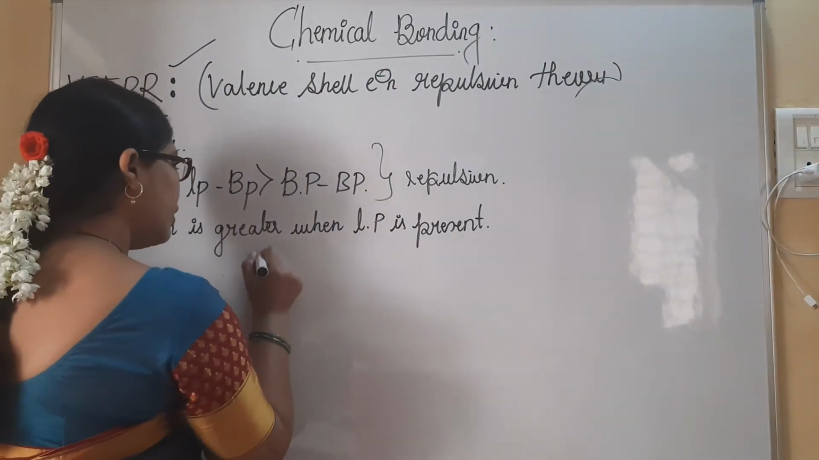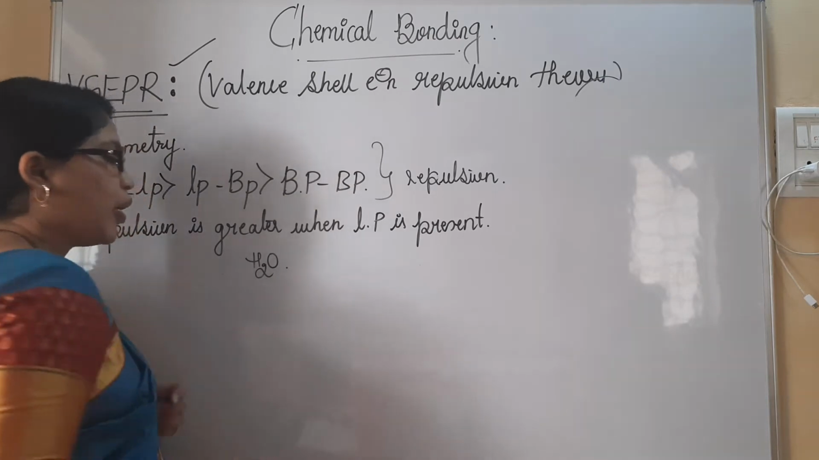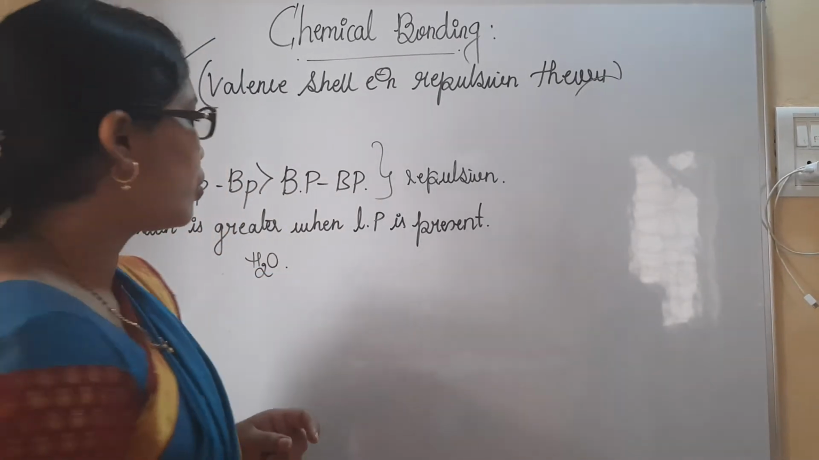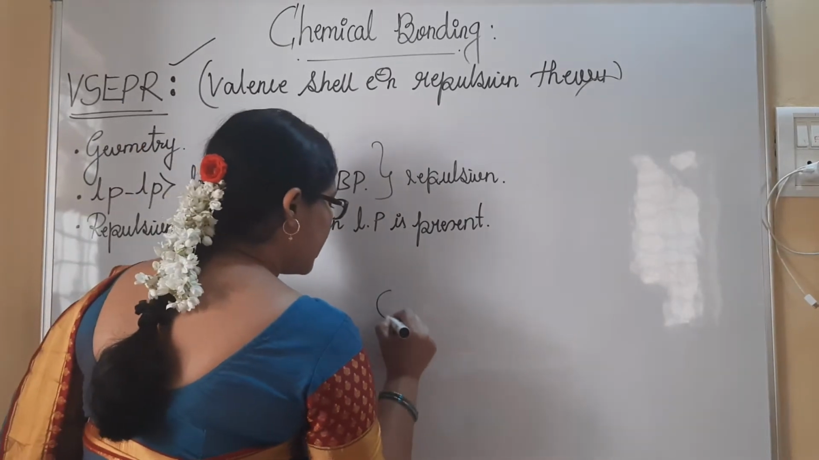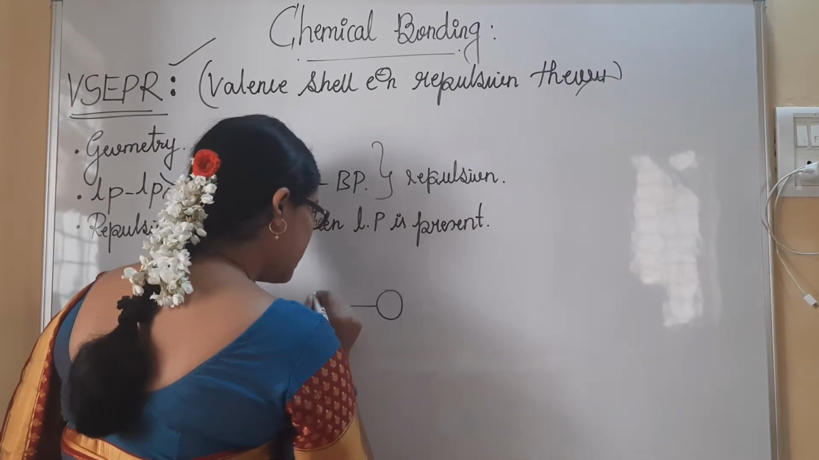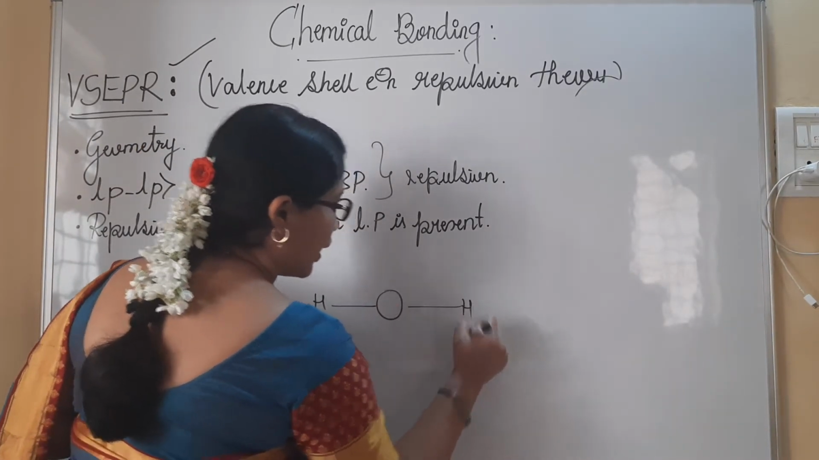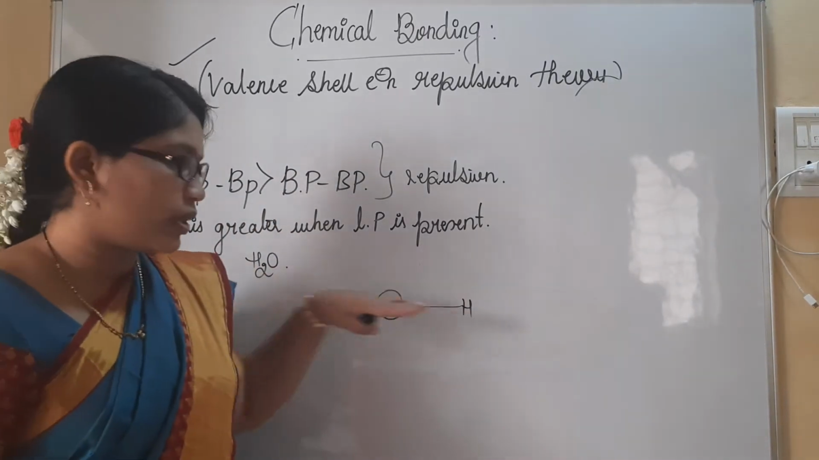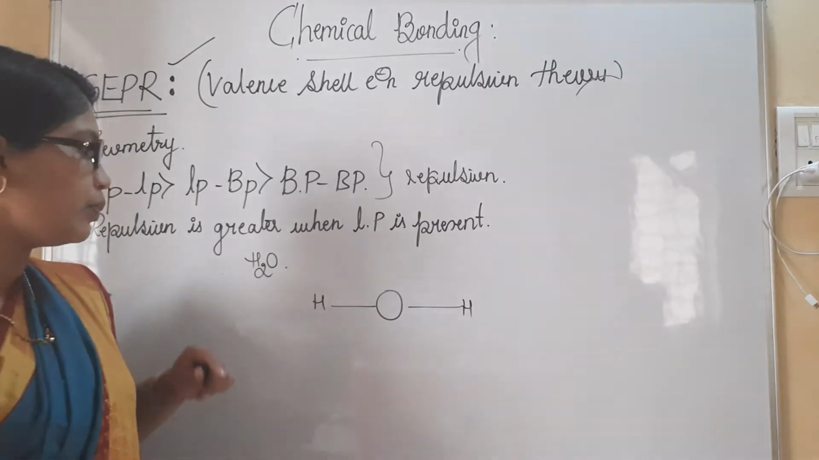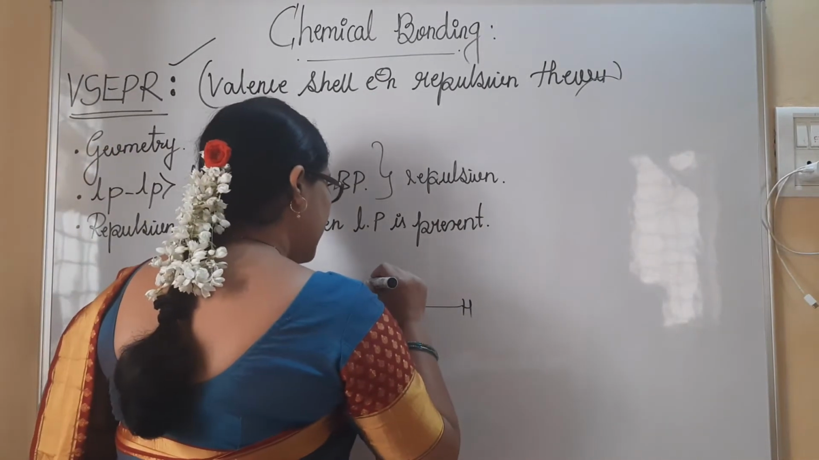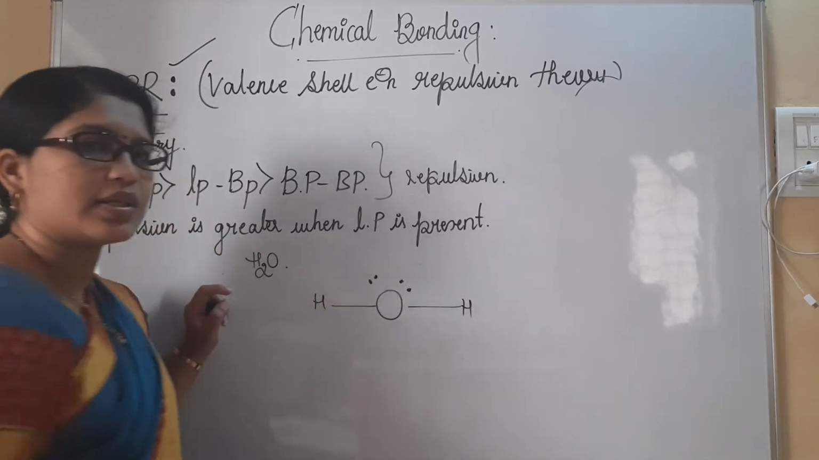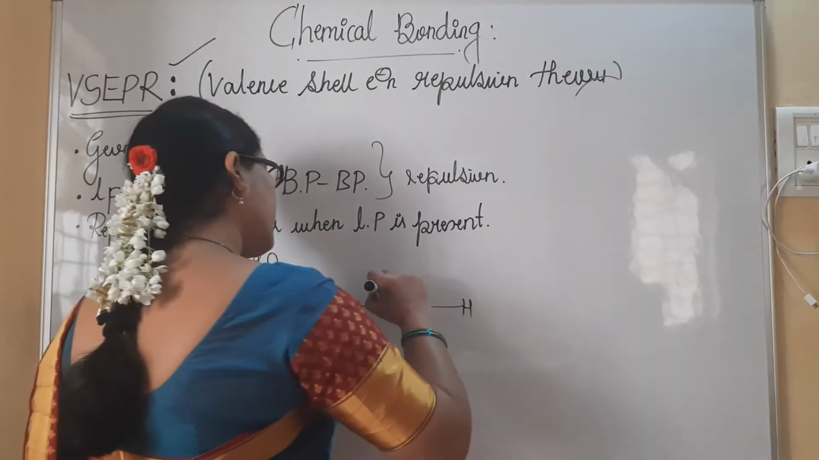If you consider a water molecule, how many lone pairs are present on the oxygen atom? Yes, there are 2 lone pairs. See, this is the oxygen atom which is bonded to 2 hydrogen atoms. I have written it exactly horizontal, in a straight line. Now see here, I have 2 lone pairs of electrons present on the oxygen atom, and one needs so much